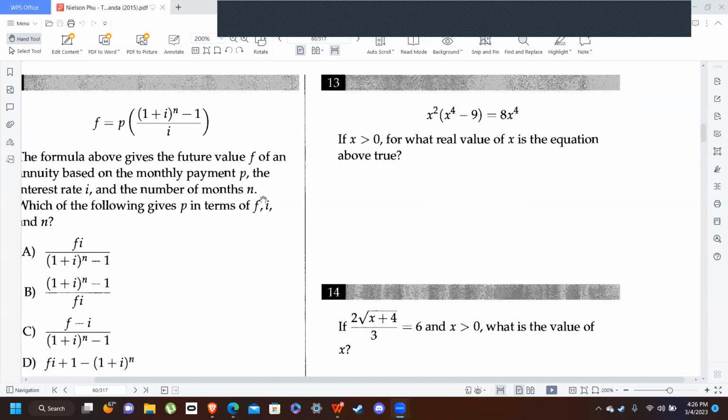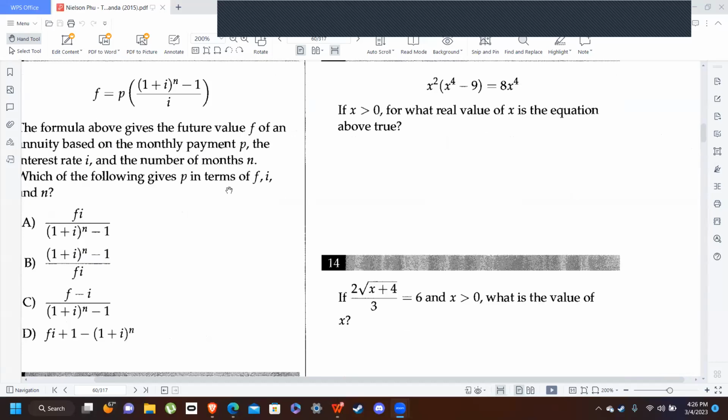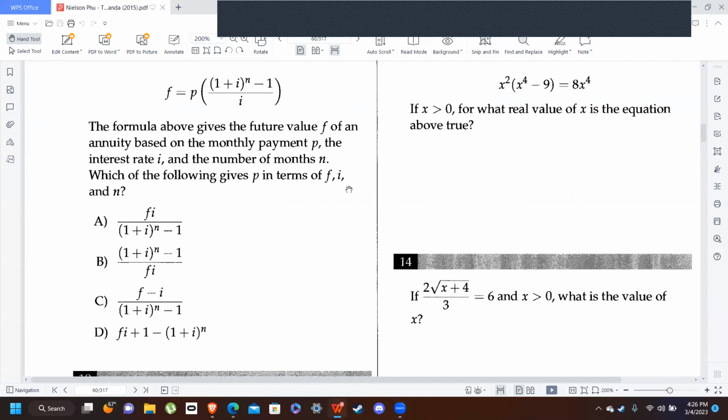Let's see if we can get 2 more questions in. Wow, this one is interesting. The formula above gives the future value